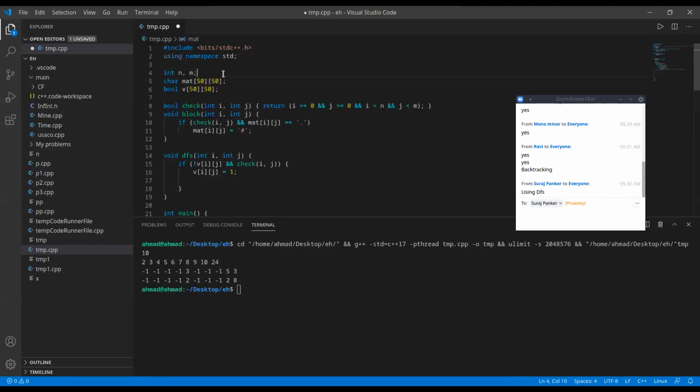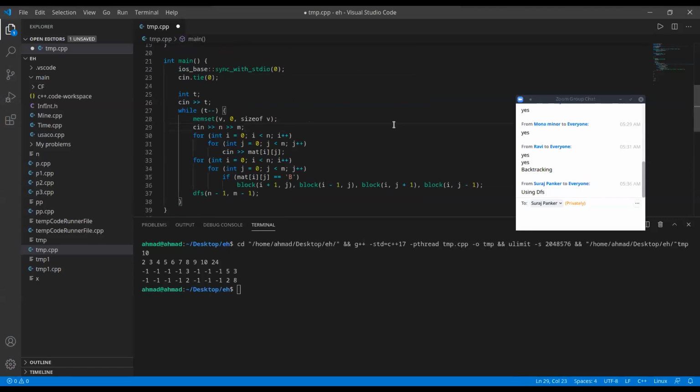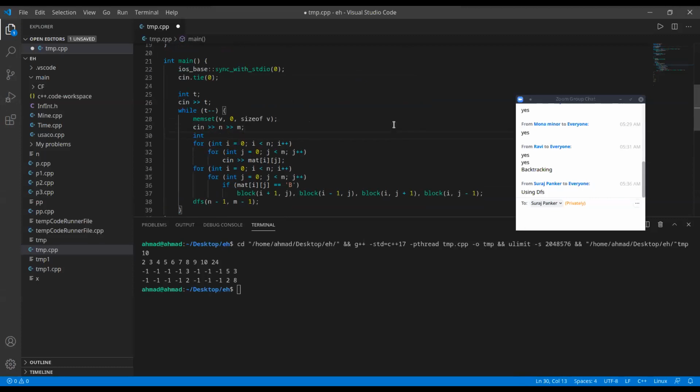Okay, so let's make global variables again, call them g and b for good and bad. And for each test case, let's initialize a variable called initial good.